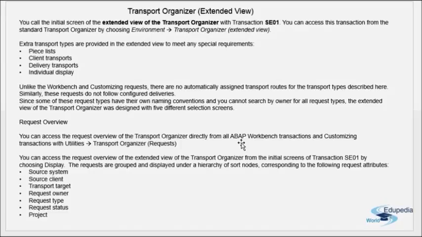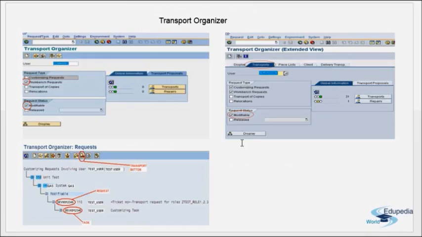You can access this transaction from the standard transport organizer by choosing Environment, Transport Organizer Extended View. So from SE09 or SE10, under Environment, you can navigate to the extended view. This is the screen for the extended view. Here, from the user level, we can display whatever change requests we can see, but here